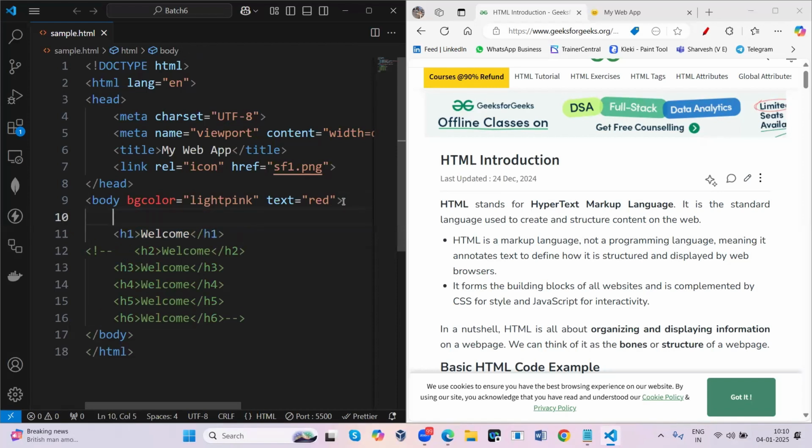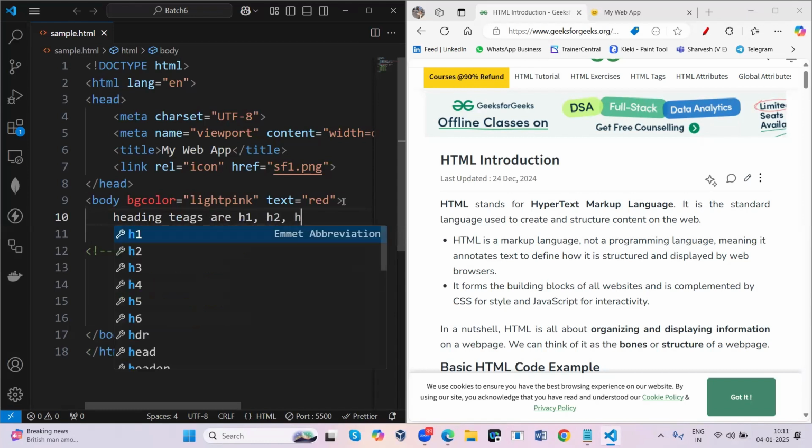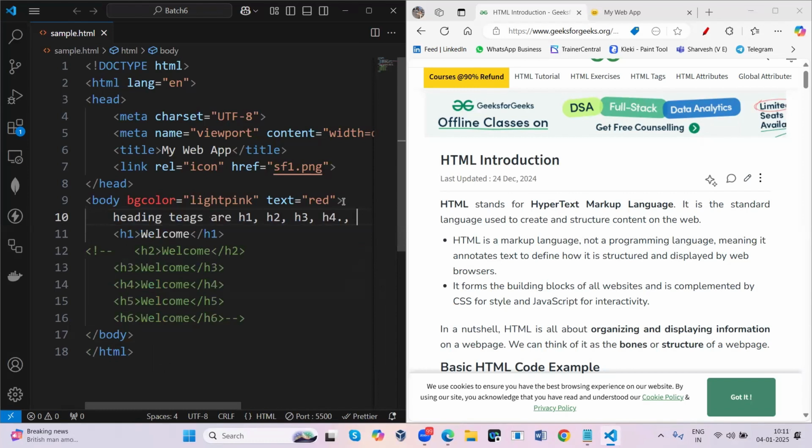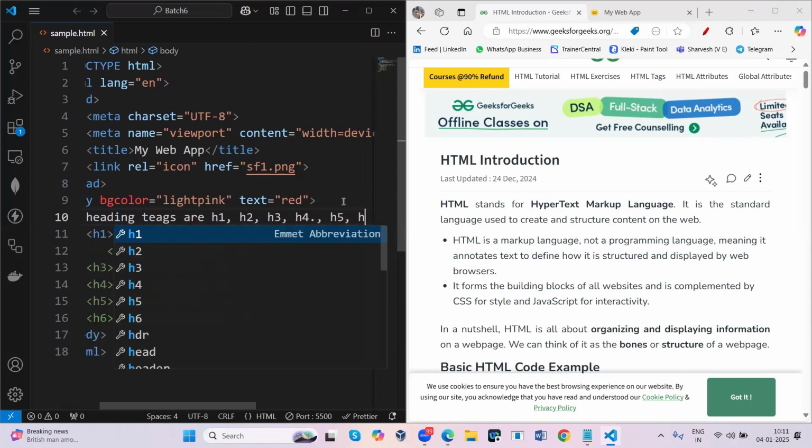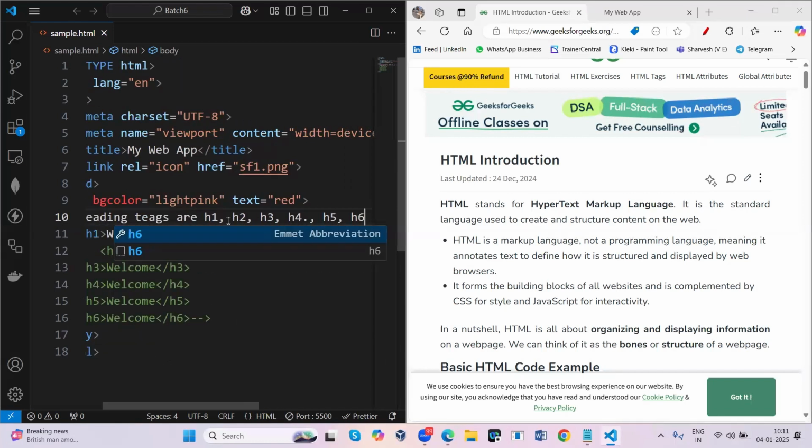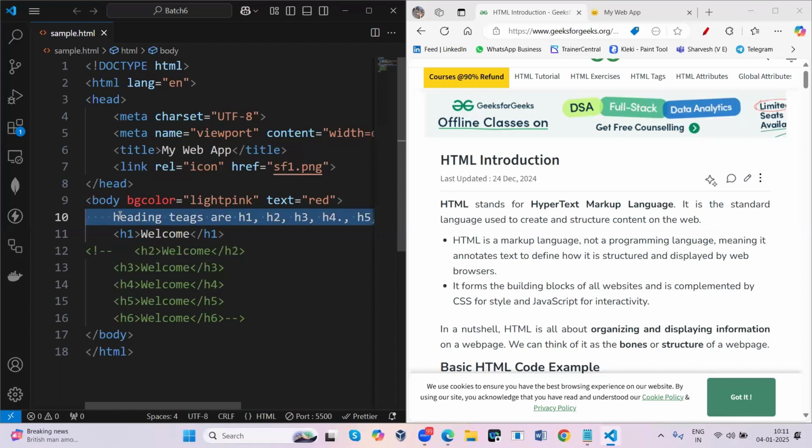Here I'm going to write heading tags: H1, H2, H3, H4, H5, and H6. I just want to give the user the information that there are heading tags from H1 to H6.